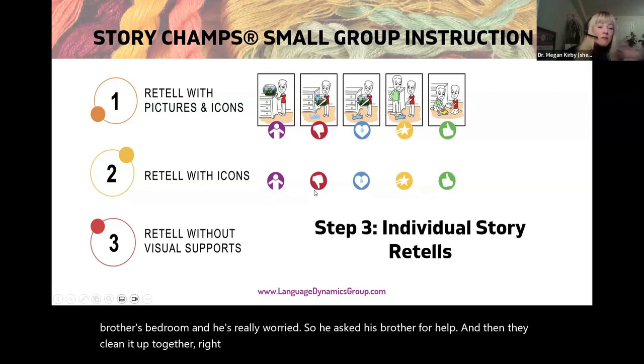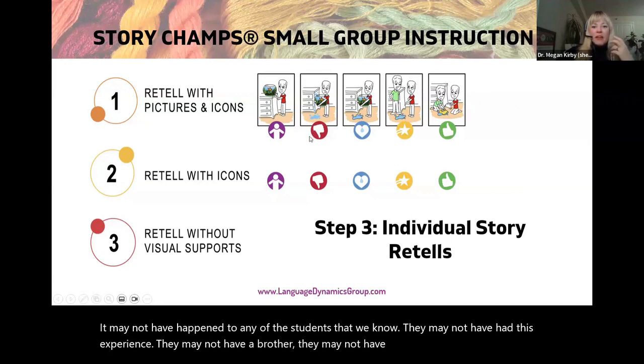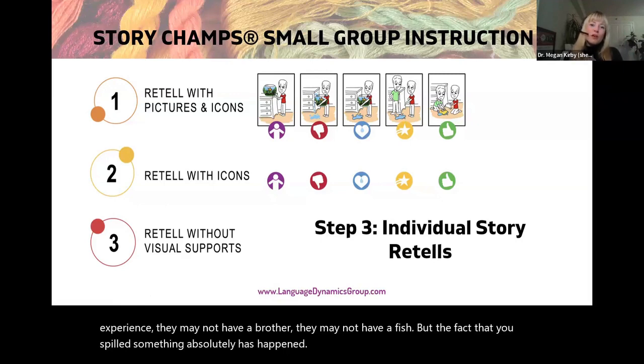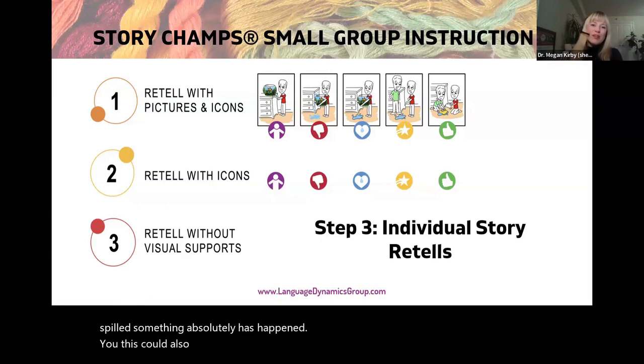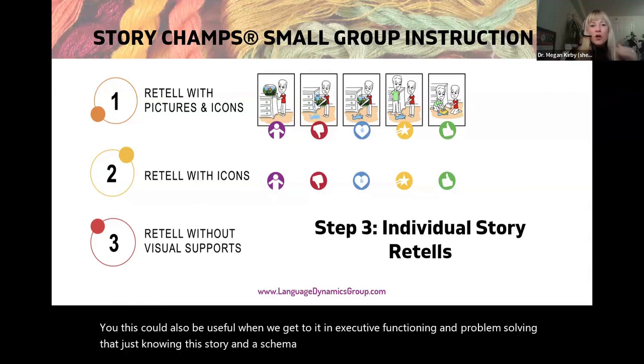That may not have happened to any of the students that we know. They may not have had this experience. They may not have a brother. They may not have a fish. But the fact that you spilled something absolutely has happened. This could also be useful when we get to it in executive functioning and problem solving, that just knowing this story and the schema and what a character did to solve a problem may be helpful in the future